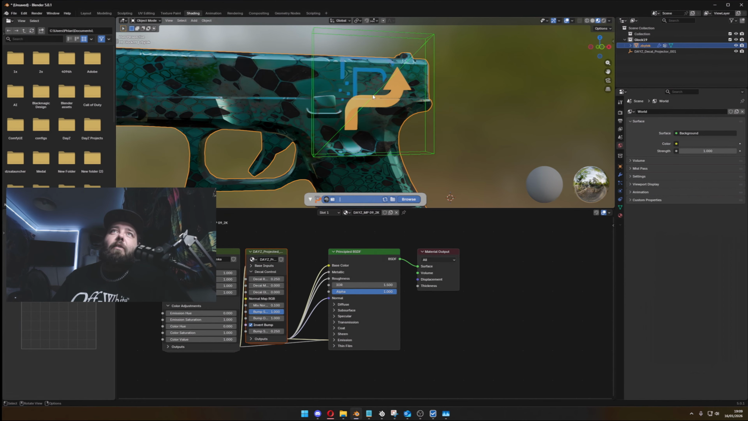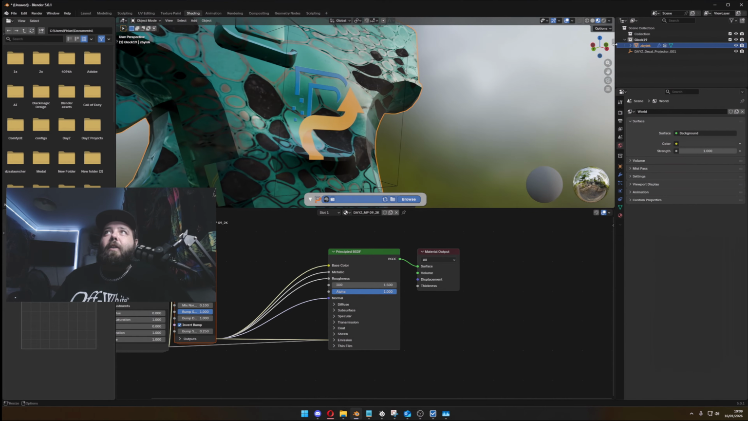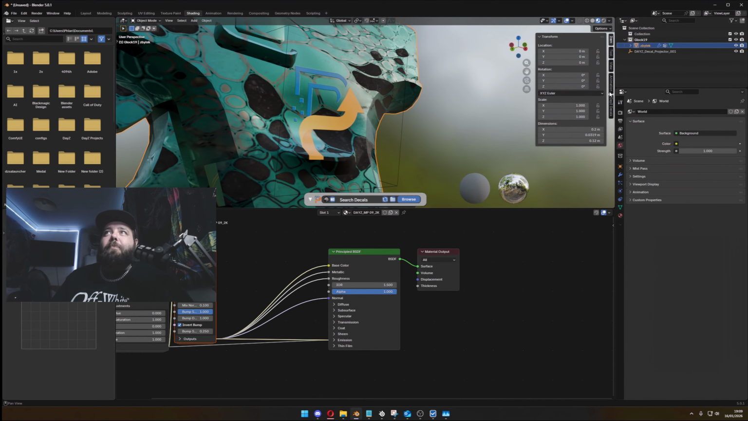So I could put that inside of there. I'm going to make it a bit smaller. R to rotate, and then the mouse wheel to control the depth. I'm just going to put that there, like so. And then if I go to my decal manager, so the little arrow up there, decals,